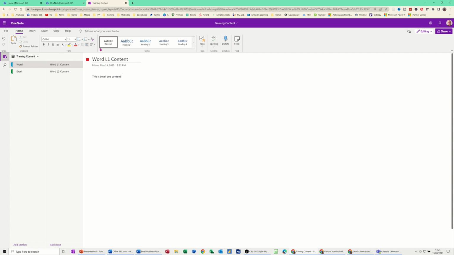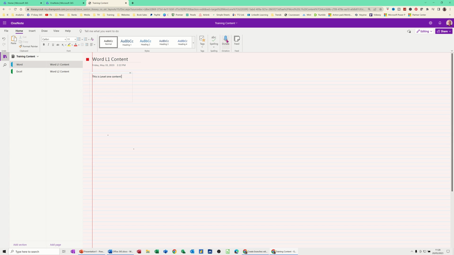Now if I just quickly go through some of the features you've got on here, this is a really cool feature, Dictate. When you click Dictate, it starts recording what you say. As you can see, it is now typing, and you can say keywords that will indicate what you want to do. For example, full stop. Then it snapped back and did a full stop. First of all it typed it, then it did a full stop. Full stop,